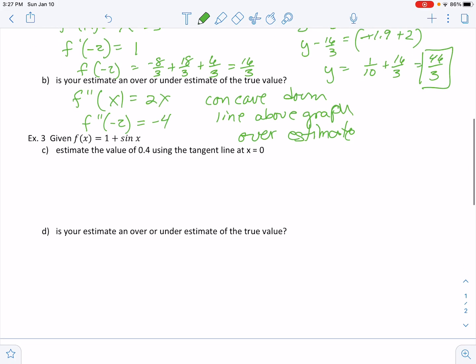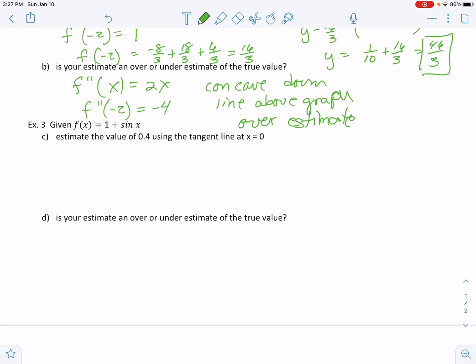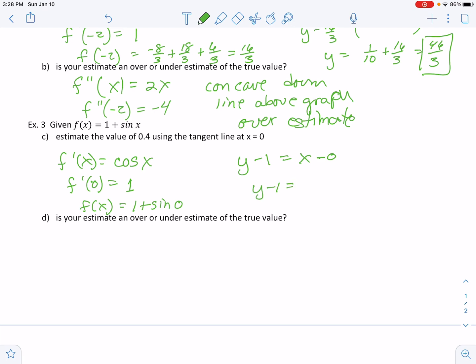Let's do one more with trig. Okay, here's my function. So the derivative of the sine is cosine. Oh, okay. What's the cosine at 0? It's 1. F of x at 0 is 1 plus the sine of 0. The sine of 0 is 0, so that's 1. So you get y minus 1 equals x minus 0. So y minus 1 equals 0.4. So y equals